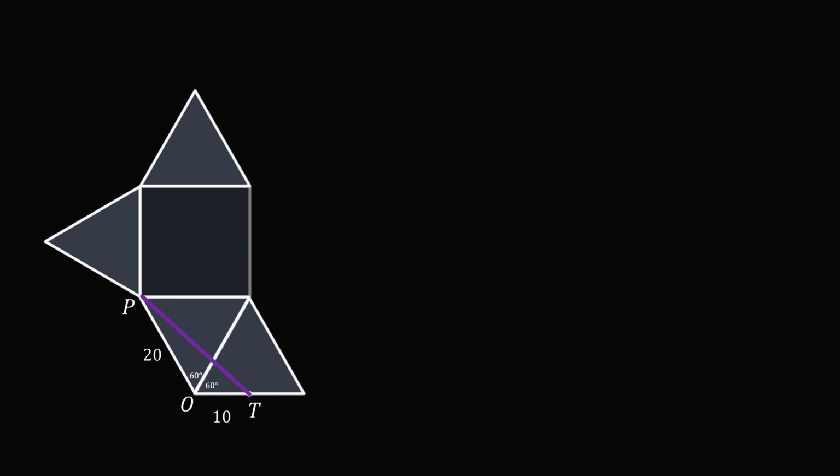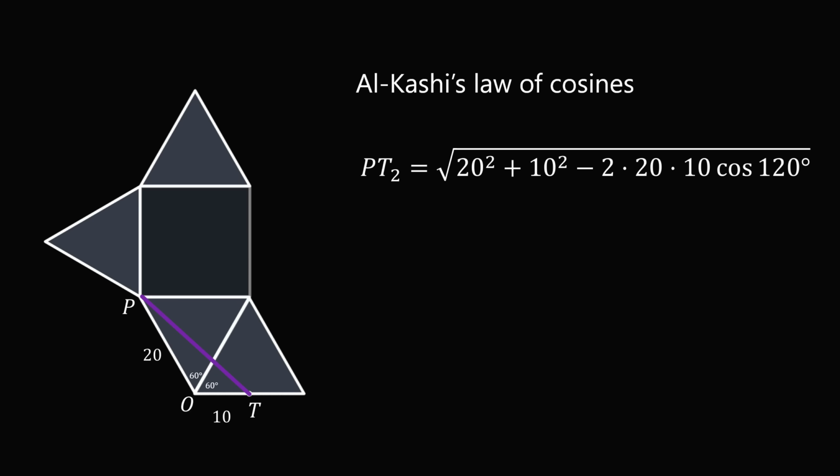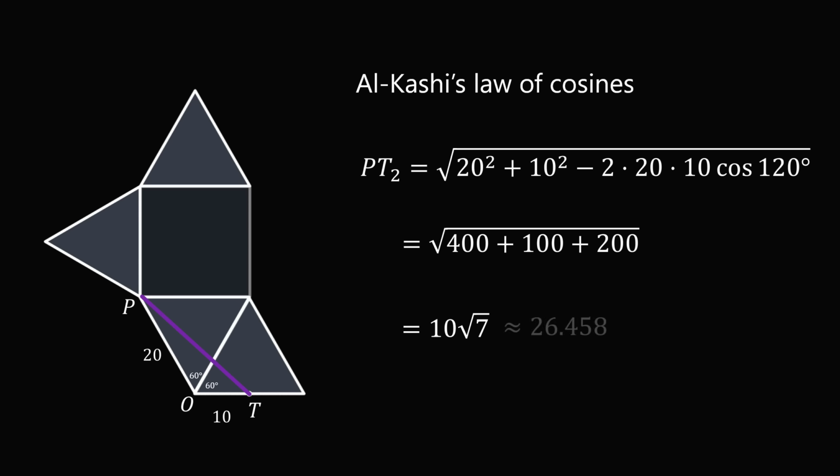We can now calculate the length of PT using Al-Kashi's law of cosines. The length of PT will be equal to the square root of 20 squared plus 10 squared minus 2 times 20 times 10 times the cosine of 120 degrees. We simplify this and we get that PT has a length equal to 10 times the square root of 7, which is approximately equal to